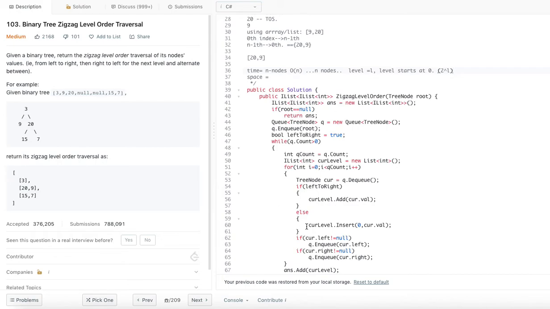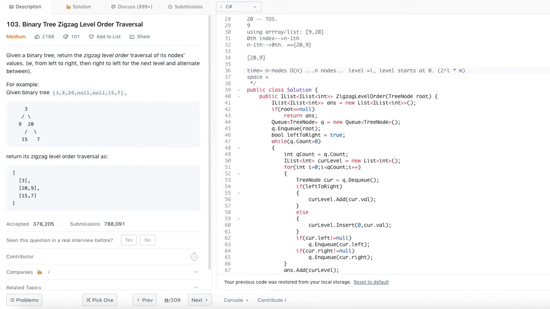Whether you use a stack or any other data structure, you are going to put all the 2 power L elements into the stack and bring the 2 power L elements out of the stack. This 2 power L will be multiplied by the number of left to right levels, which we don't know, so we say m. So m into 2 power L is the extra complexity we need to add in addition to order of n, for some levels.